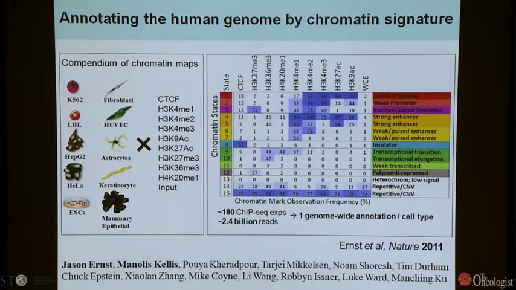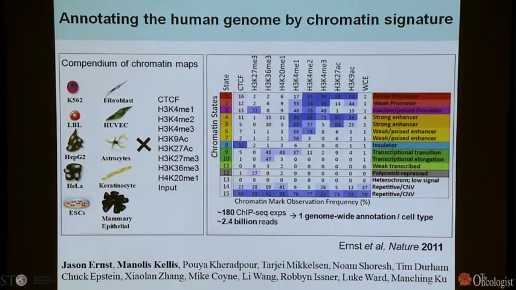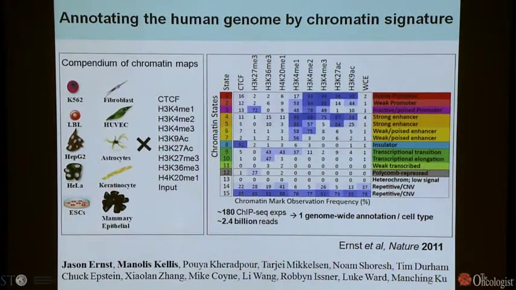In a large project under the ENCODE consortium, we took a whole panel of about 10 different cell types and about 10 different modifications, and you can see some of these are activating modifications, but we've also looked at some of the repressive modifications, right? It depends very much on which histone residue you're modifying and which tail. We've mapped these comprehensively. Altogether, we had about 200 different genome-wide ChIP-seq experiments,